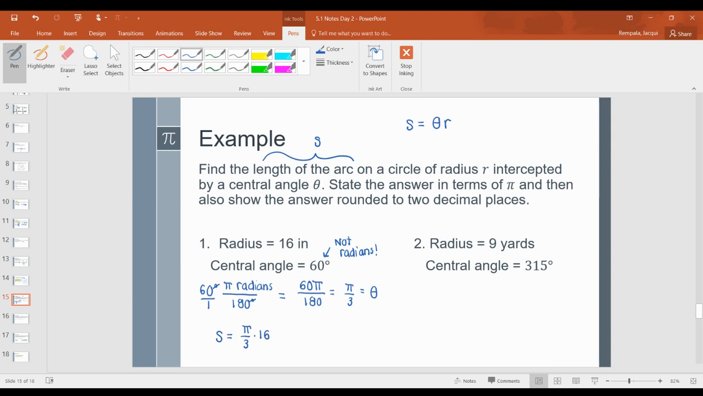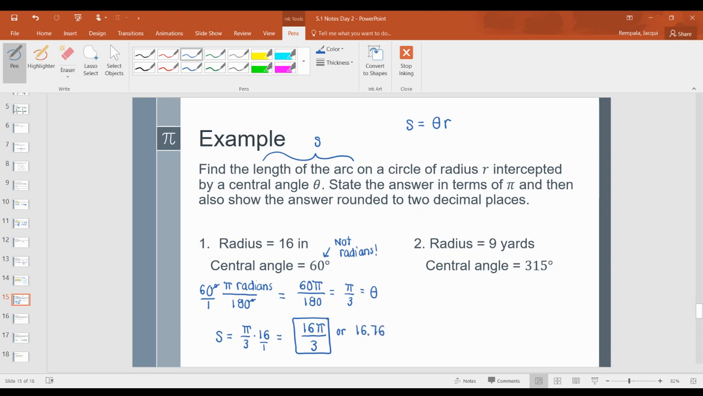The directions say to first state the answer in terms of pi, and then use your calculator and round to 2 decimal places. So if I want to keep it in terms of pi, I can think of 16 as 16 over 1. I multiply straight across. That would give me 16 pi on the top and 3 on the bottom. 16 and 3 don't divide into anything where I can reduce those numbers. So this would be my final answer in terms of pi. If I then take my calculator and actually use the pi button, don't do 3.14, but multiply the 16 by pi and then divide by 3 to 2 decimal places, it would be